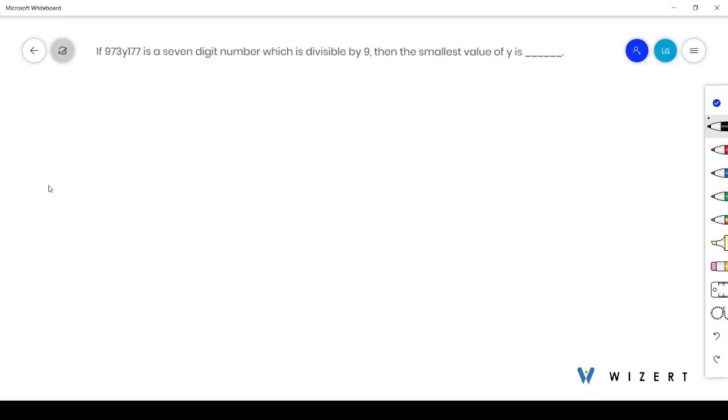Our question is, if 973y177 is a 7-digit number which is divisible by 9, then the smallest value of y is. Given number 973y177 is